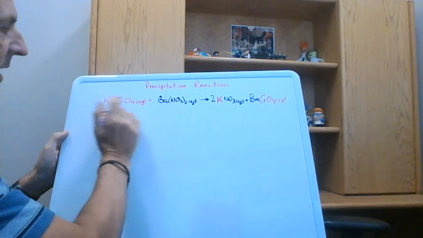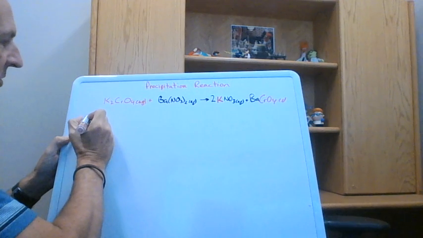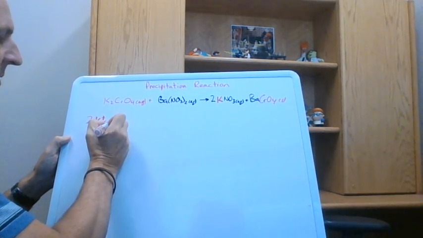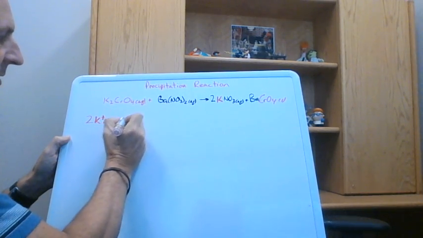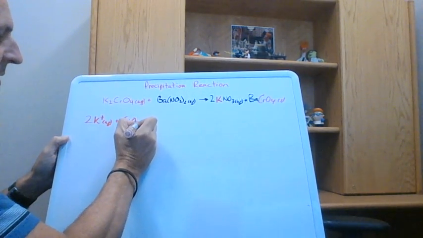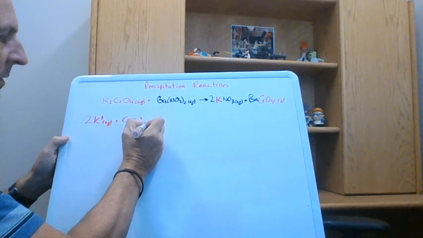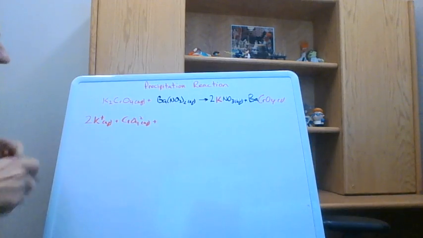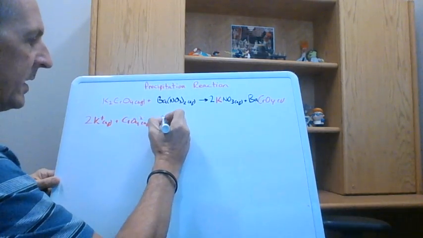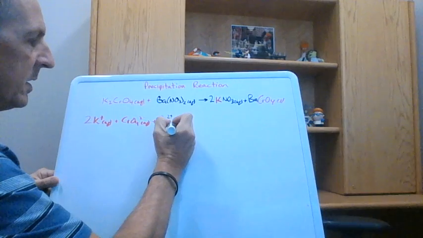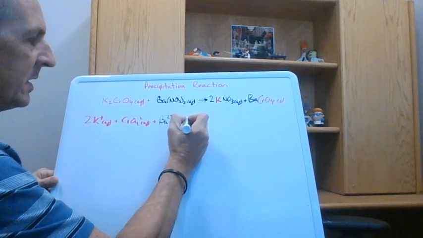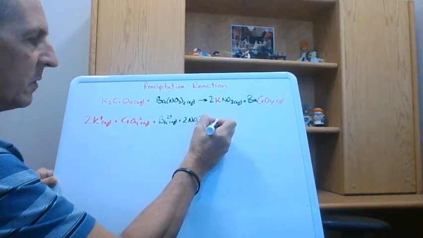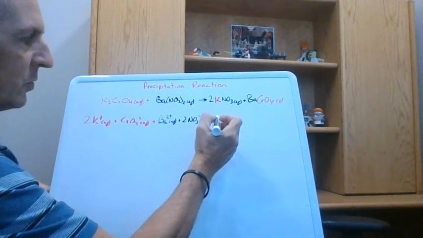And when you have an ionic compound like this, what we really have in this solution is two K plus ions, potassium ions, and then we have this chromate in solution, and then we also have a barium cation that's aqueous, and two nitrate ions that are aqueous. And then that's going to form,